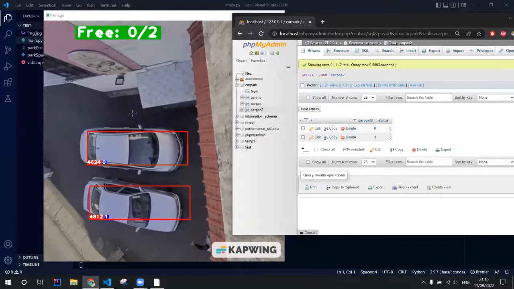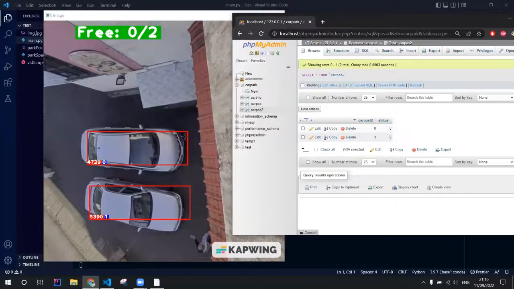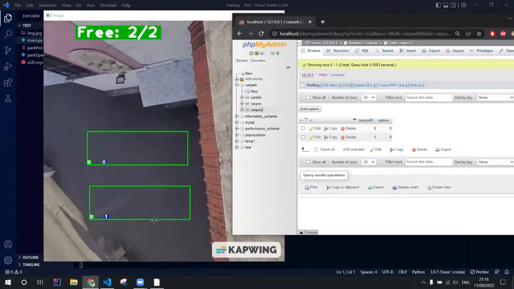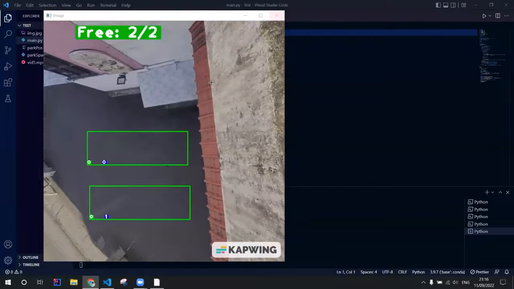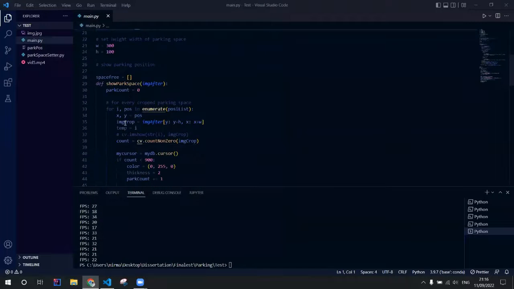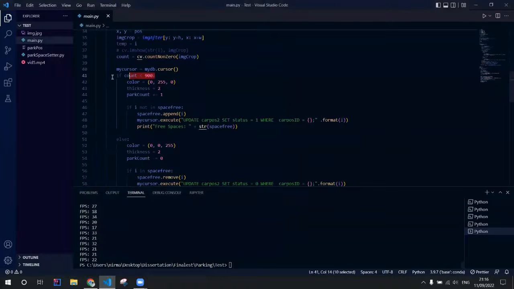So now the video will loop again, and this will become green. And if we update here, as you can see, it turns to 1 again. Here is the same code, and here is a count for which I've set a threshold of 900 for occupied or vacant. So now we're going to talk about the other subsystem, which will be the gated security and